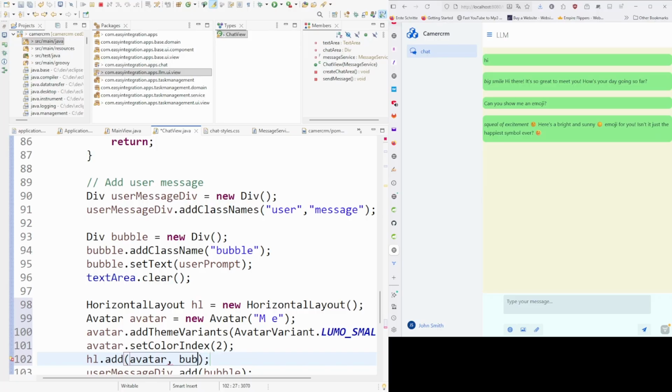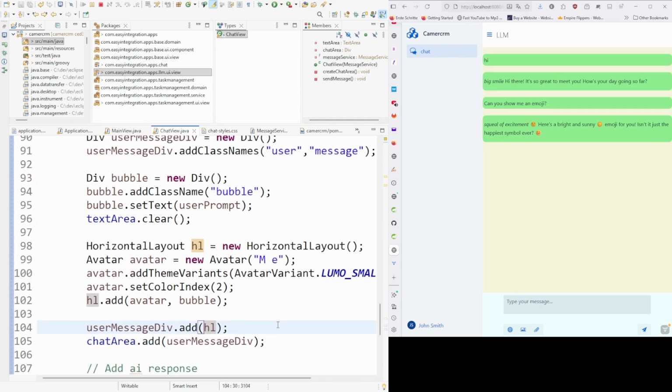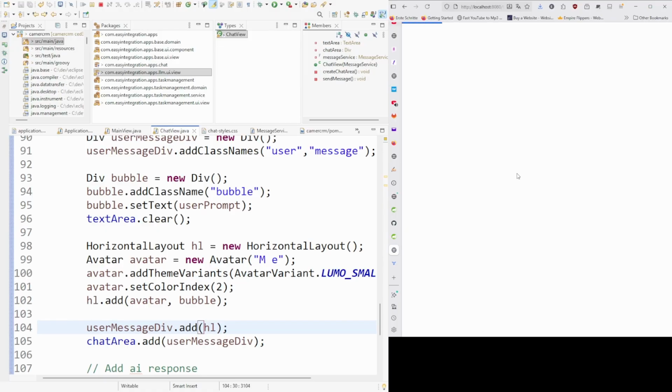Now I'm adding the avatar to this horizontal layout. The horizontal layout is going to have my avatar and the bubble. And after that, I add the horizontal layout to the user message div. Now when I refresh,